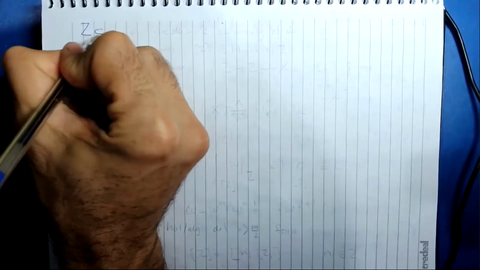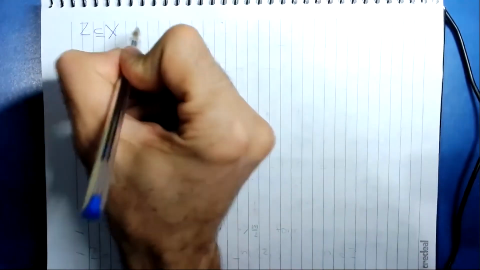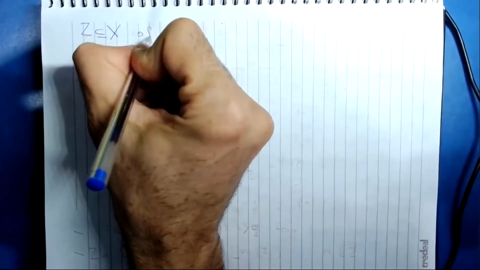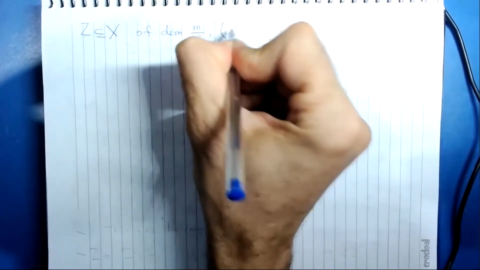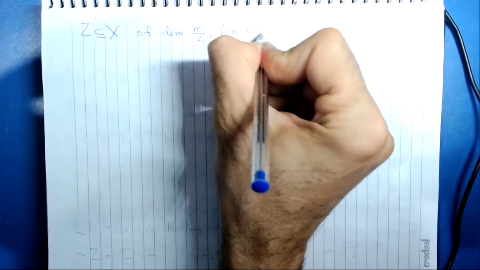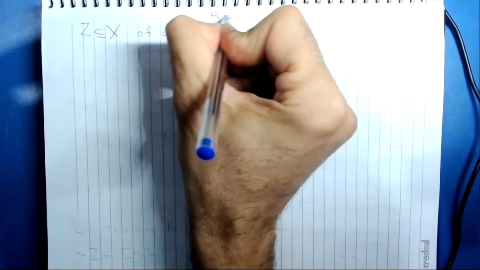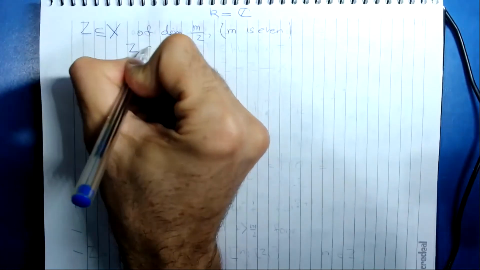Okay, so let us consider now a subvariety Z of X. This subvariety will be of dimension m/2. So from now on, I am assuming that m is even. And also, from now on, I will work over the field of complex numbers. Well, if Z is smooth,